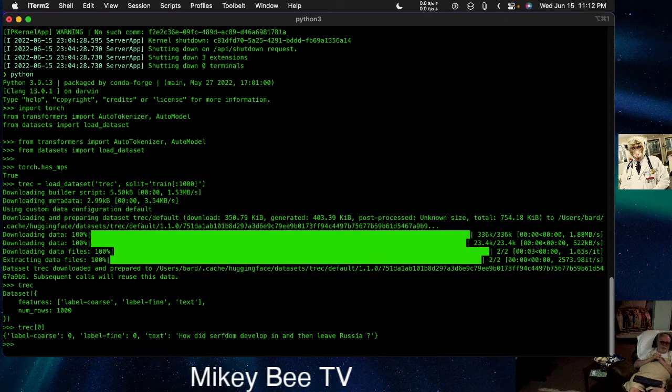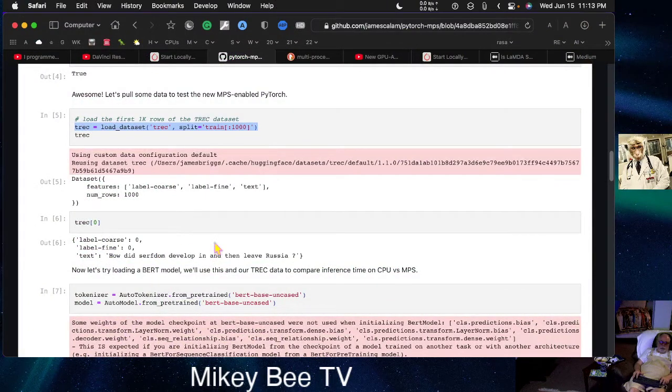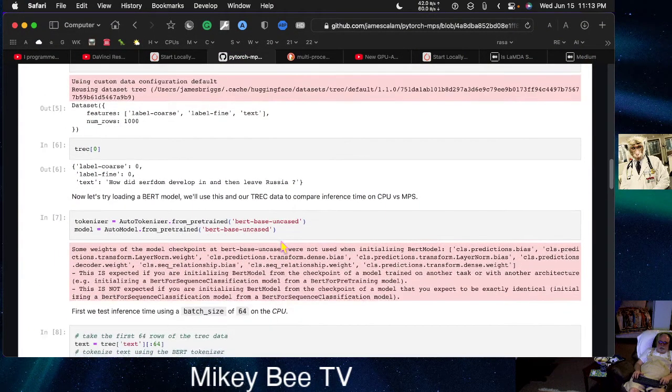So we have label coarse, label fine, and each of those is set to 0, and text is set to this question here. All right, so we're going to need to